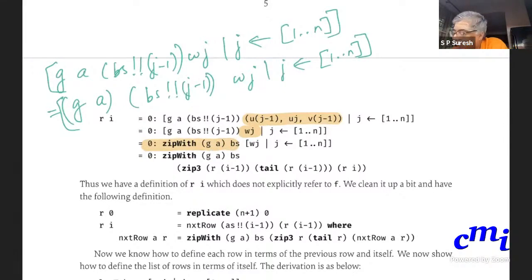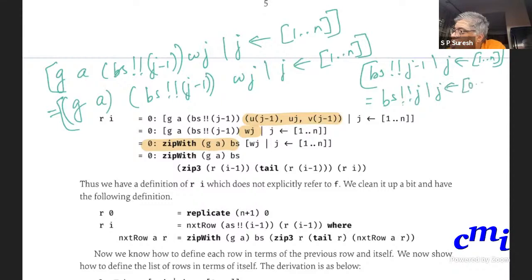Why is it bs? Because what is this? You can write this as ds of j such that j ranges from 0 to n minus 1.